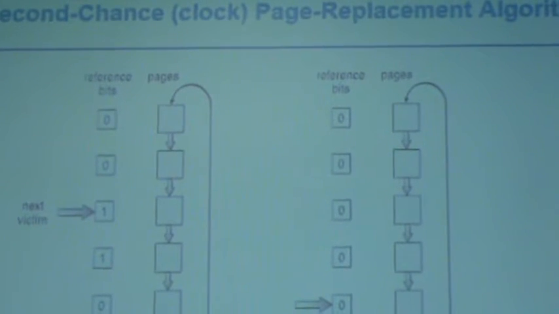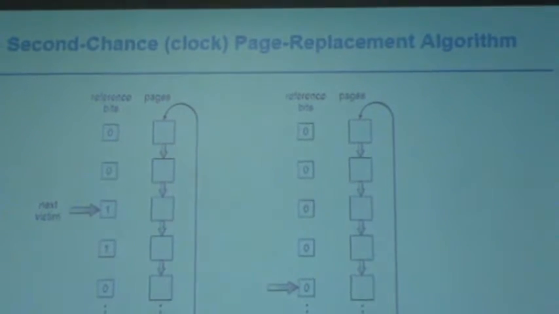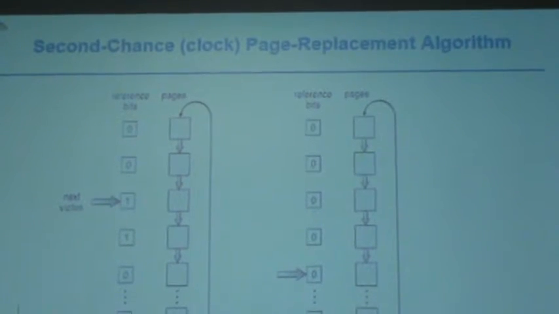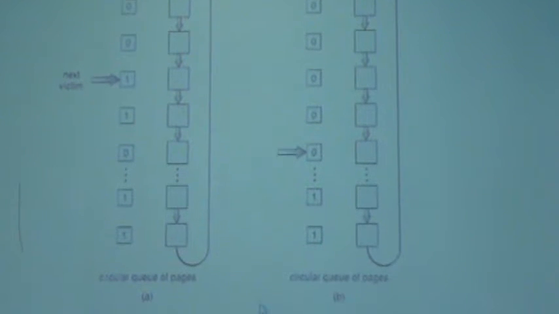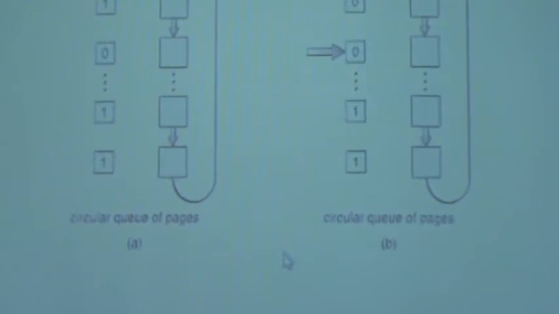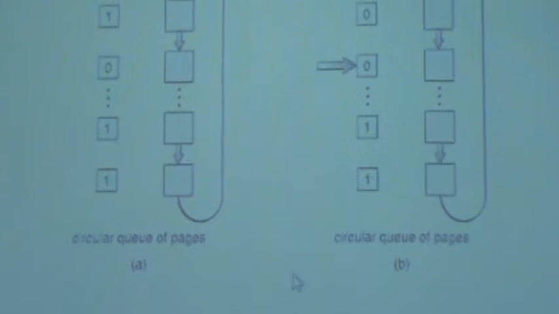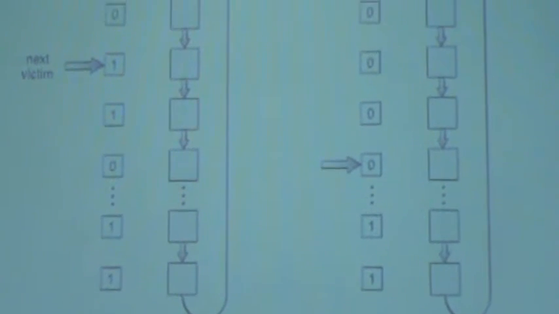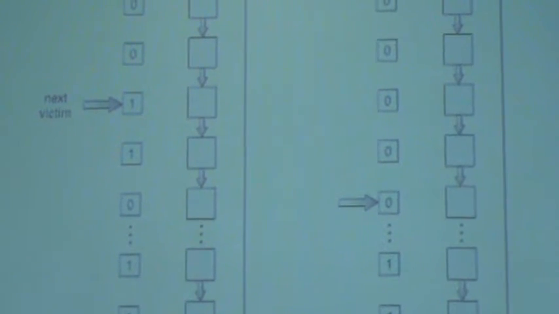So the next one is, anyway, LRU is working very well, but it's expensive in terms of implementation. So we try to simplify. That is one way. Another way is the second chance, clockwise, counterclockwise, whatever. So second chance is a page replacement algorithm, which means,